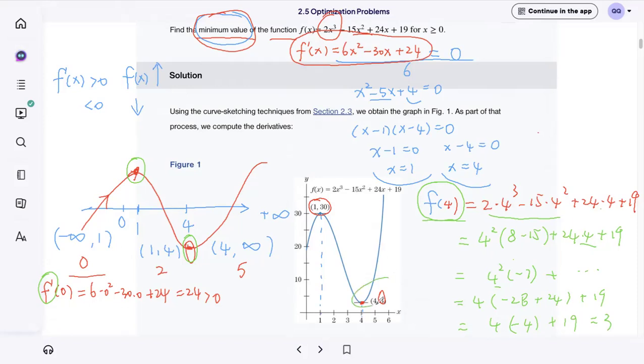So that's how we got this point. So that's the answer. The minimum value of this function is f of 4 equals 3. So 3 is the minimum value, not 4. 4 is the x value. When we talk about function value,